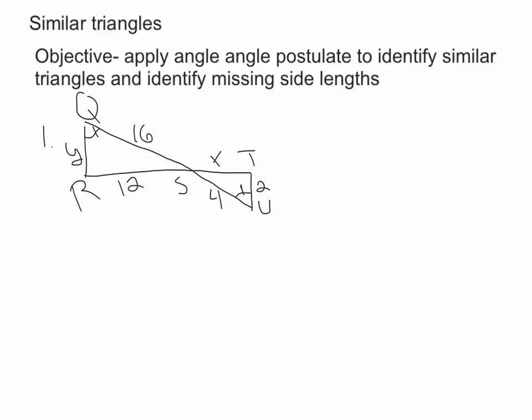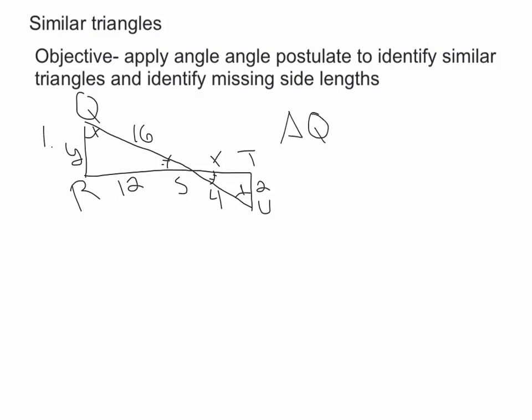So this is our first example. We have triangles QRS and UTS. I know angles Q and U, we're given Q and U are congruent to each other, so we want to figure out, well, what other angles do we know are congruent so we can apply the angle-angle postulate. Well, we know we've got vertical angles here, so we can mark off these angles as congruent to each other. Okay? So I can say that